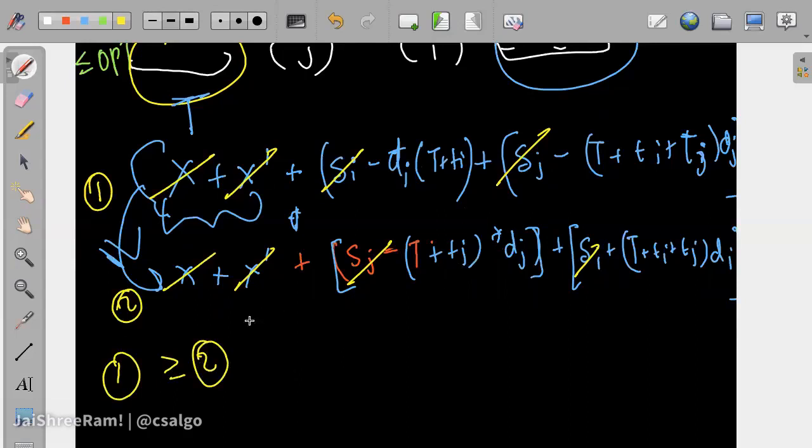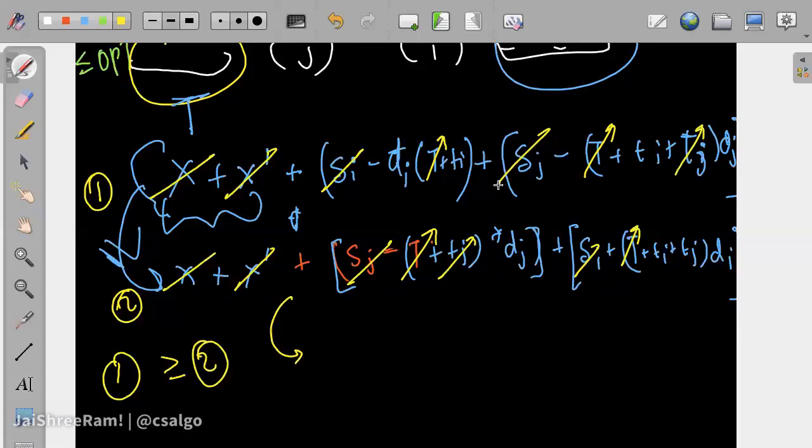Okay, so if we then write the expression, let's cancel one more term. There is this di times t and di times t over here, so we will cancel off these t's. Similarly dj plus t and dj plus t is over here, so we will cancel these t's. Now there is this dj plus tj, and over here we have dj plus tj, so we will cancel these two terms.